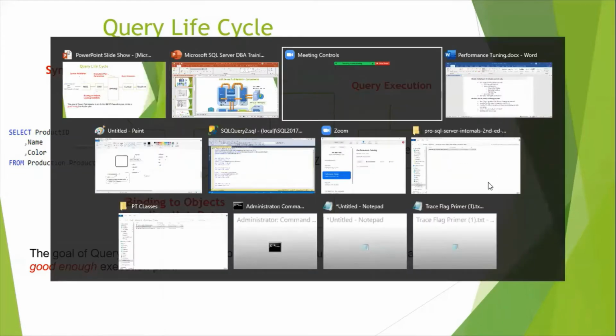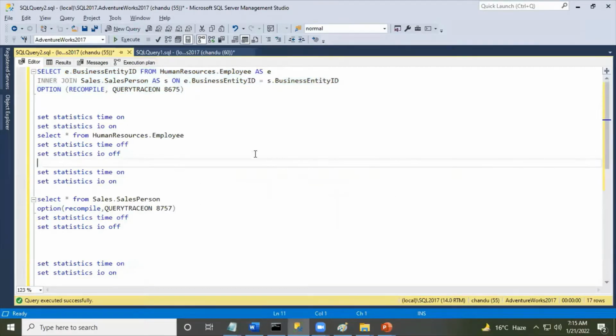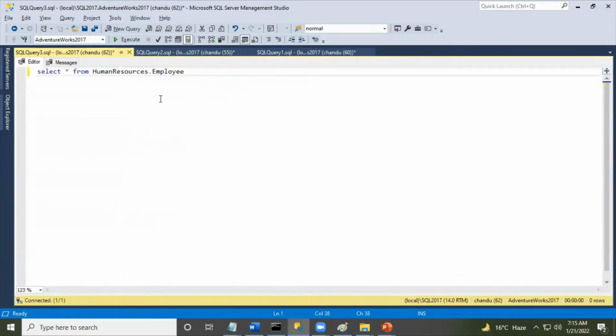I'll show you how it looks. For example, let's consider a simple query. This is just a simple query in AdventureWorks. I'm not using any joins or any conditions here. I will explain in detail later how to read the execution plan and all. Don't worry, for now I just wanted to show you the difference between full optimization and the trivial plan. So I'm just executing this query